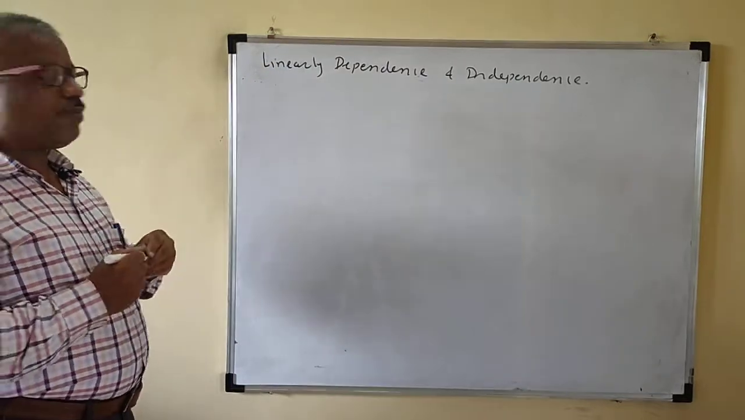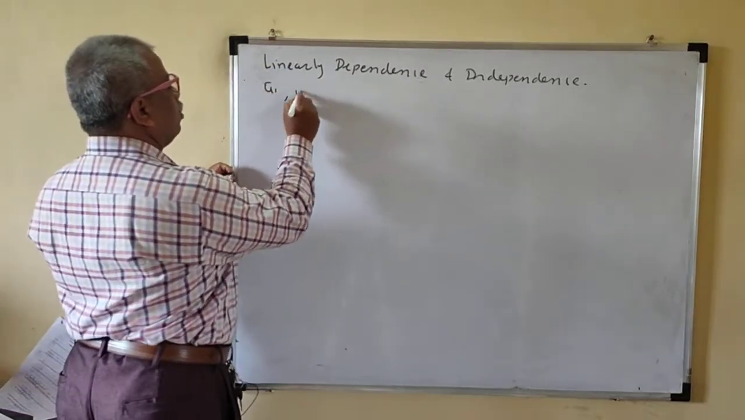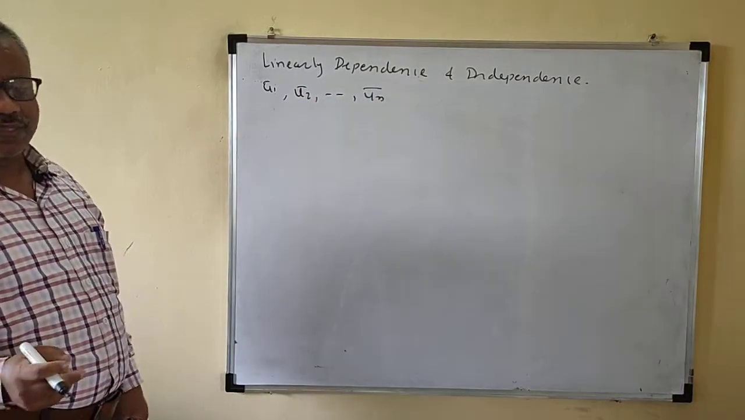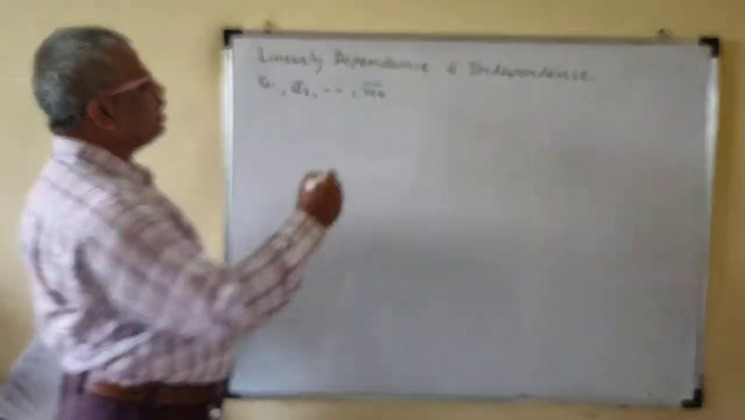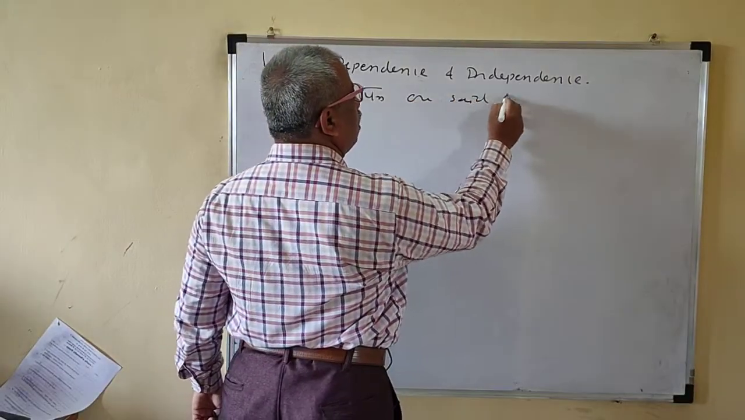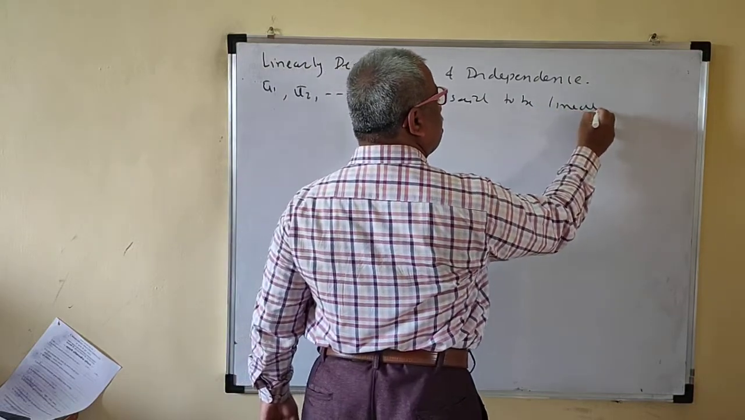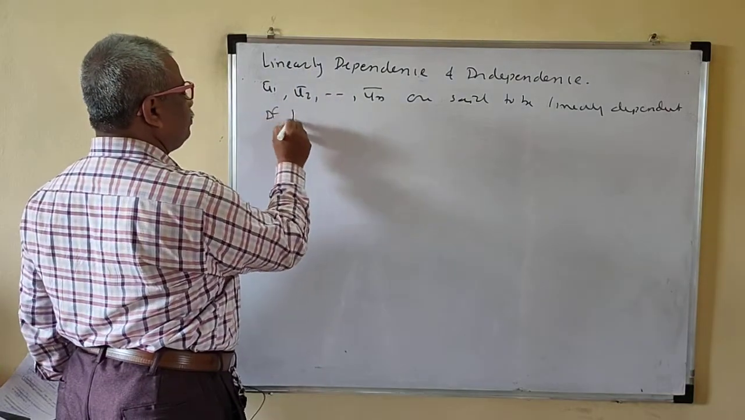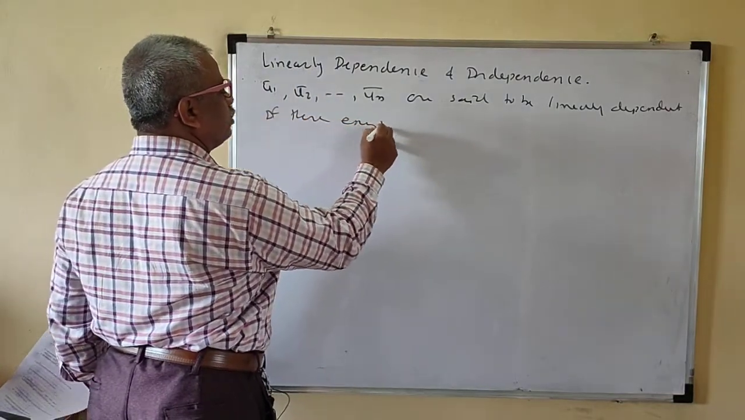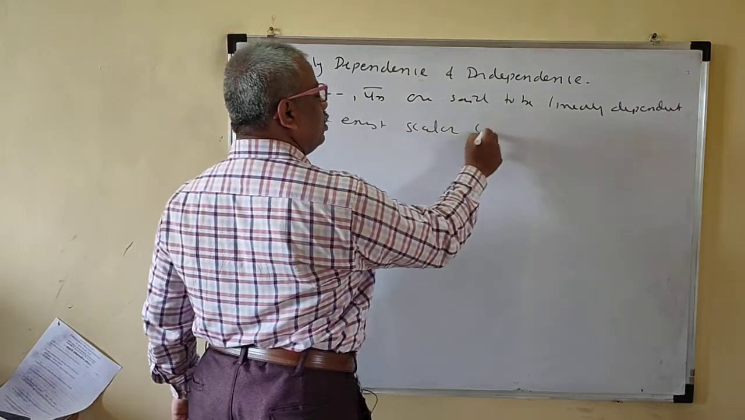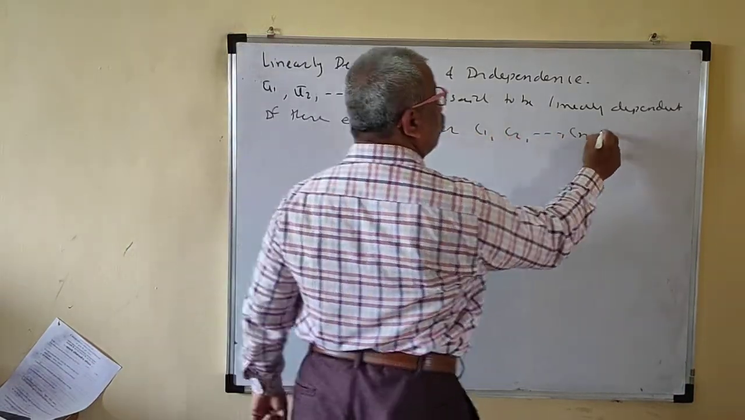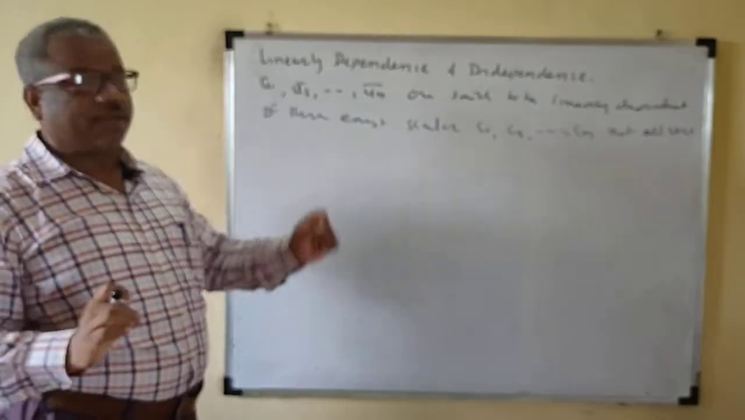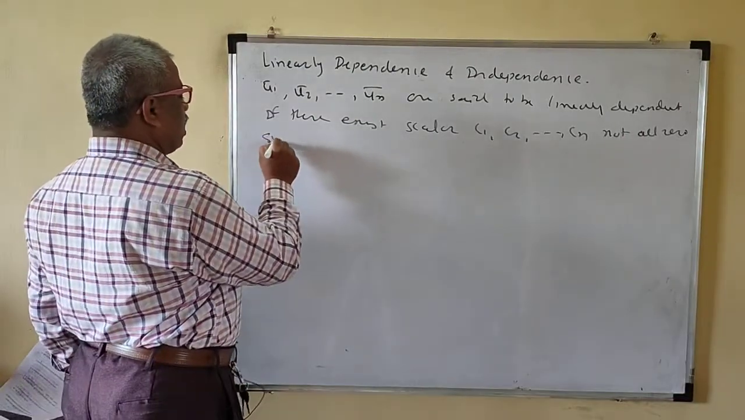Okay, so suppose u1 bar, u2 bar, dot dot dot, un bar are vectors of a vector space. Then u1 bar to un bar are said to be linearly dependent if there exist scalars c1, c2, dot dot dot, cn, not all zero. This is very important, not all zero. That means at least one of them is not zero, such that